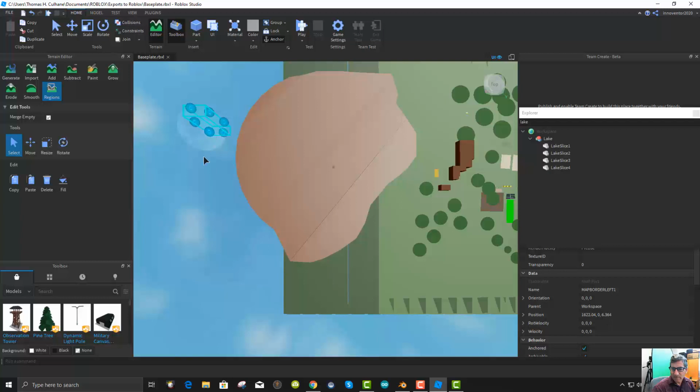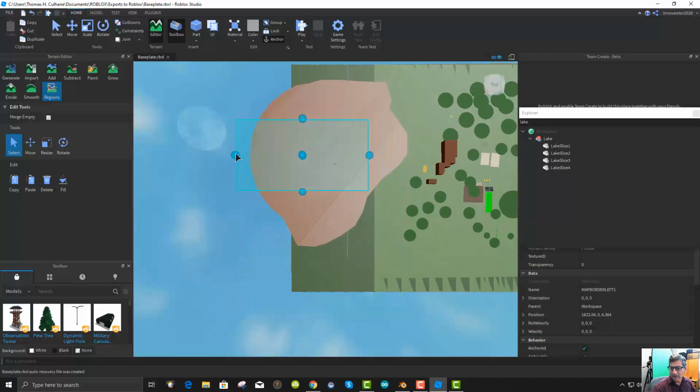I'm not altogether sure how one creates a region. Alright, so I create a region on top of this like that,